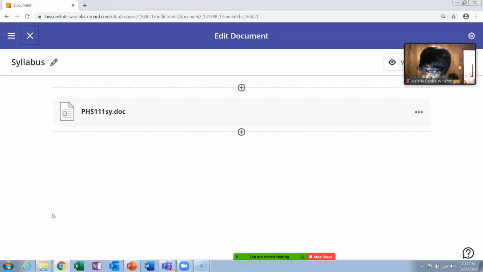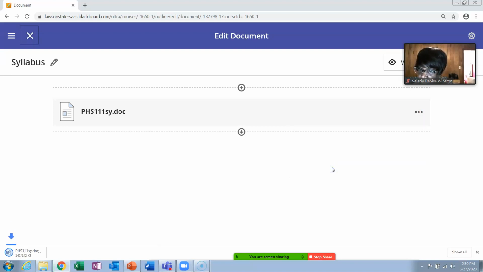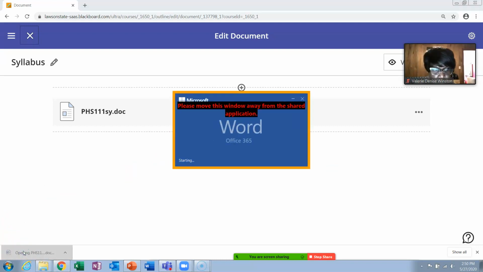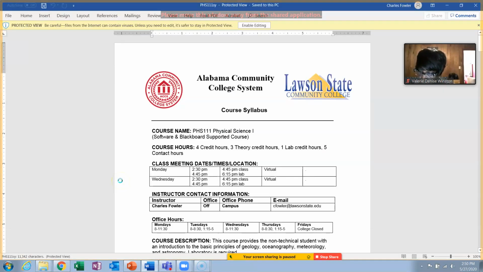Okay. When you click on that, you get this. Well, you can't click on that. Nothing happens. You have to go over here to the 3 dots, but y'all know this. But I'm used to having transient students, so I'm showing them how to use this new Ultra. And then you download the original file, and it takes just a few seconds, and then you can click on it in the corner. Okay? And here comes the syllabus in its gory detail. All right. There we have it.